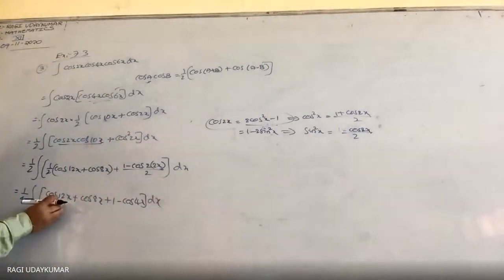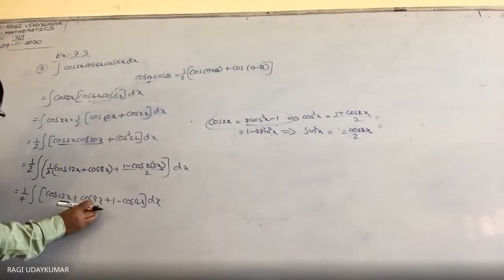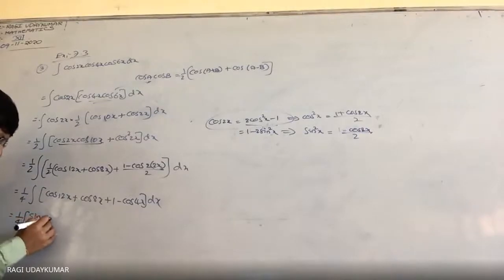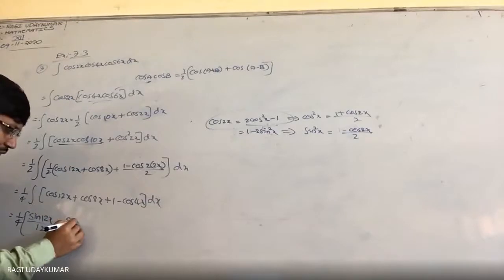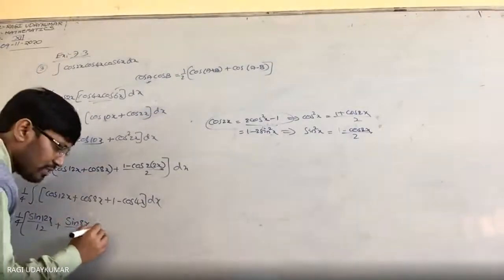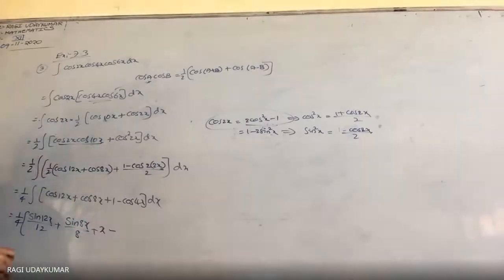Now we can integrate this, this, and this. What is the integration of this? Integration of cos x, but 12x is there, so divide by 12. So we are going to get 1 by 4 of sin 12x by 12 plus sin 8x by 8 plus x minus sin